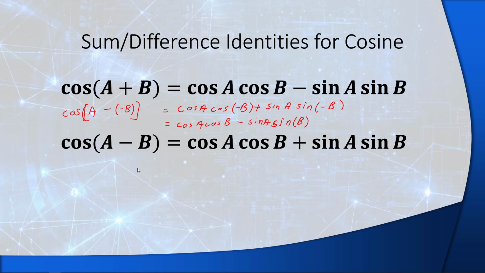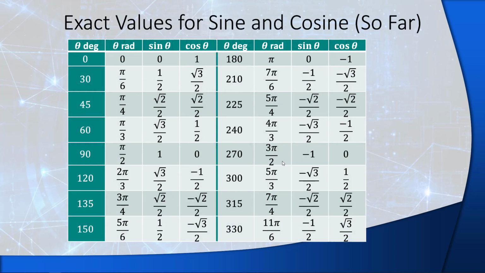Now we're going to use these identities to come up with exact values for trig functions for angles that we haven't done yet. Thus far, we have figured out exact values for sine and cosine for all of these angles, 30, 45, 60, and there are versions in all the other quadrants. However, we haven't done 15. We haven't done 75. We haven't done 105